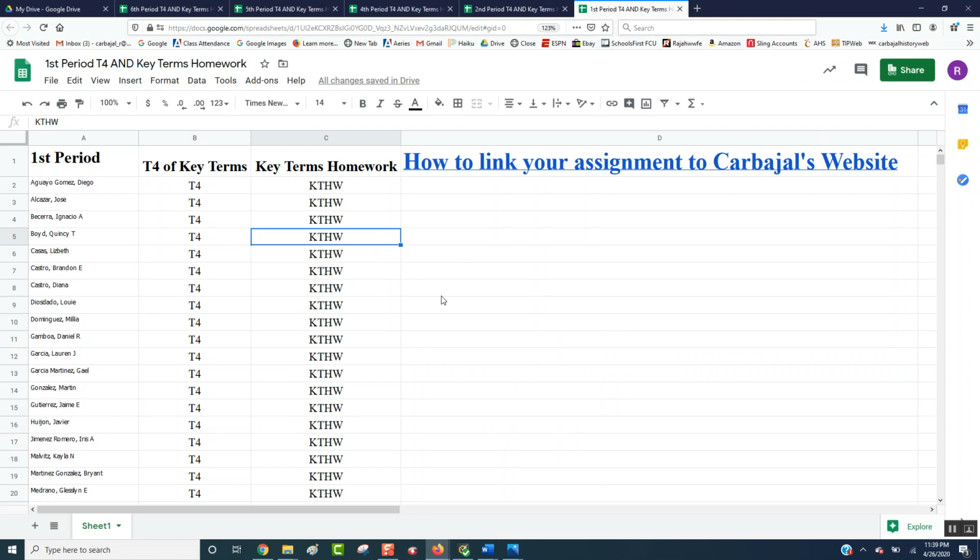Both of these assignments are due by 10 p.m. on Thursday. So when I go to grade these and check whether you should even take the quiz, I should be able to click T4 and it goes to your notes with all the boxes on the right, and then I click on this, it goes to the copy you made of the key terms homework sheet with your definition filled in. If you have any questions, let